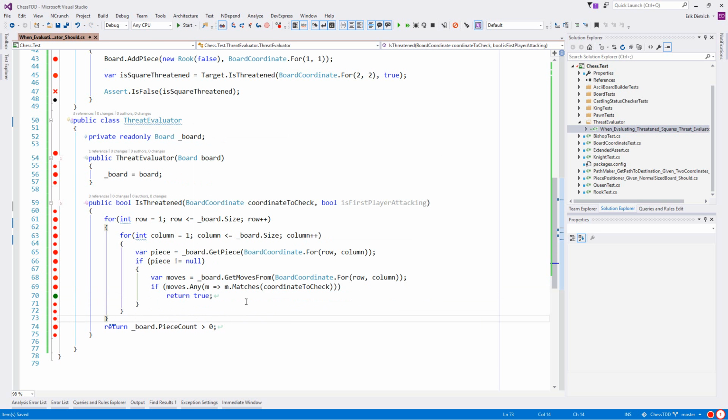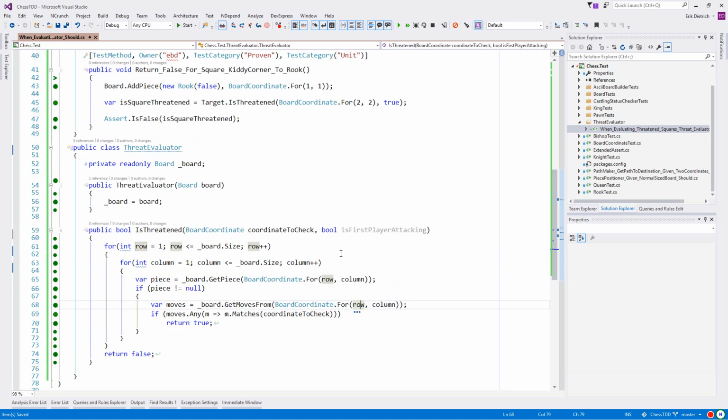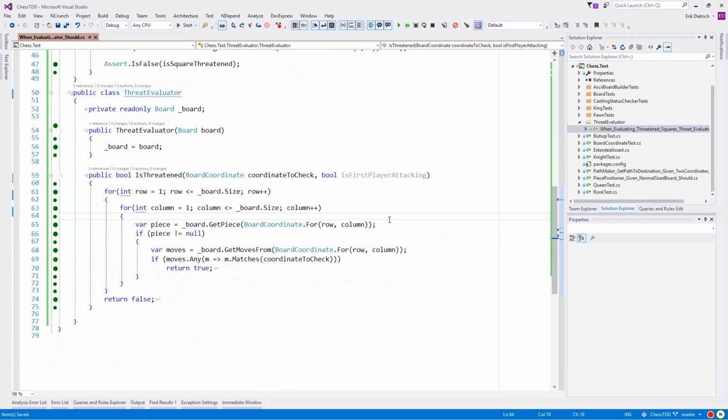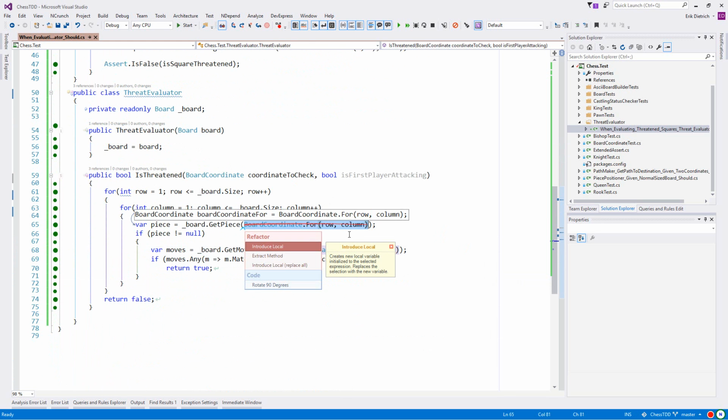So I'm expecting this to get everything to go green once I just say return false at the bottom. And let's see what happens. Yep, there it goes. So one more thing I'll say, by way of justification, is if you're looking for a trailing indicator about whether or not you've bitten off too large of a piece of functionality,